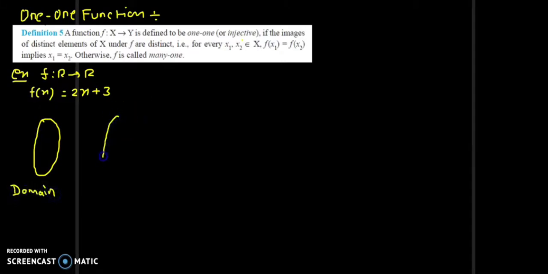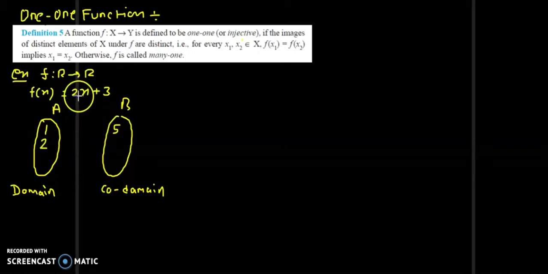Domain, or it will be your codomain. Codomain or range also we can say. This you will give set A, set B. So when you put input x equal to 1, it is a real number, so you can put any number. X equal to 1, you get 5. X equal to 2, you will get 2 times 4, 4 or 3, 7. When you put x equal to minus 1, it will give you 1.